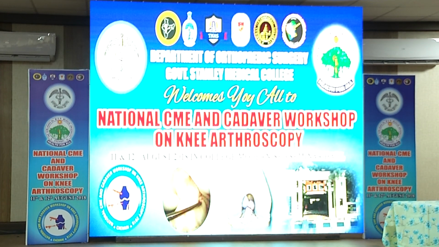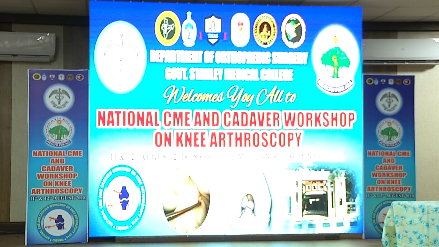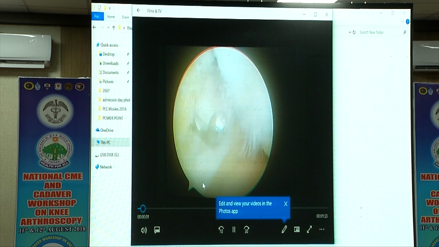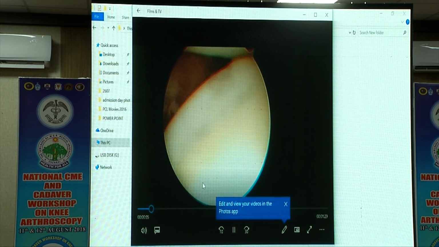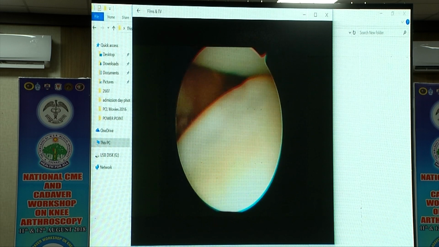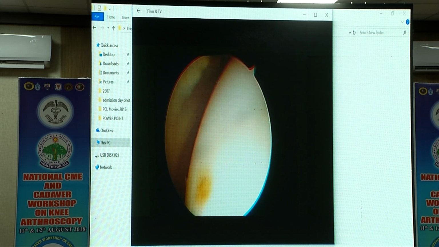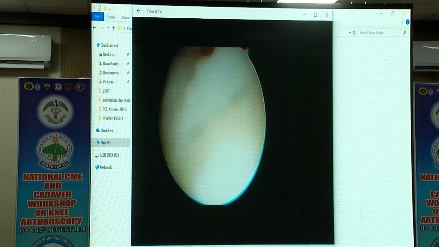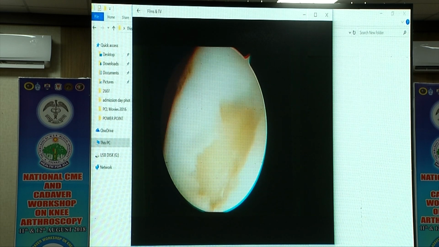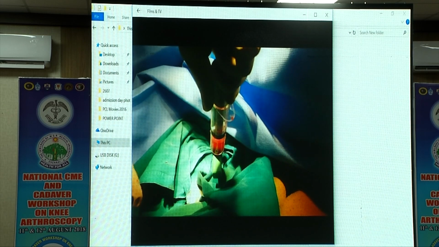So this is a BMAC with a fibrin gel implantation. This is a 36-year-old lady who came with a focal cartilage defect, and you can see the arthroscopy showing the assessment of the medial femoral condyle. The whole medial femoral condyle looks healthy except for this area of about 2 centimeters by 1 centimeter.